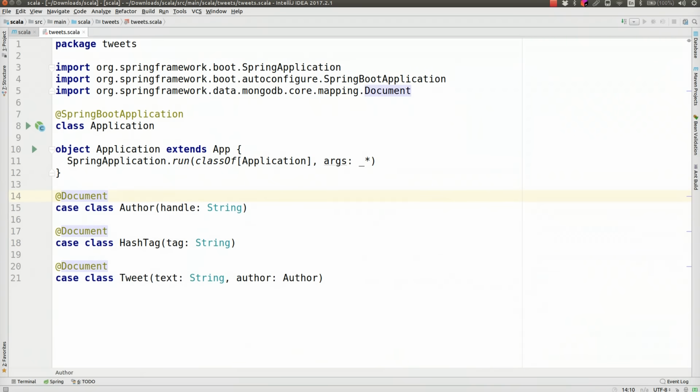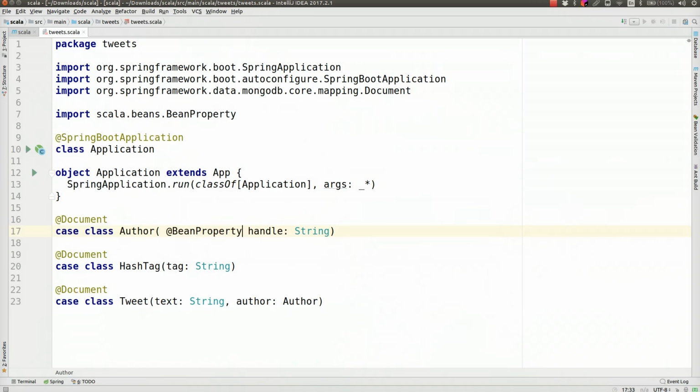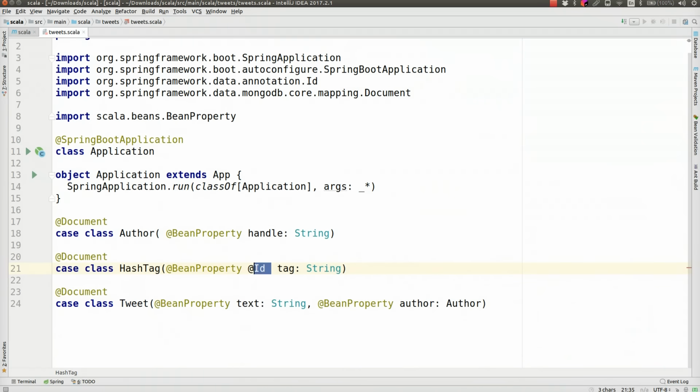Okay, so I'm creating a MongoDB document here. I want to tell Scala to turn these fields, these constructor arguments, into Java Bean properties. So I'll say @BeanProperty, right? So @BeanProperty. There we are. And then finally, I want to tell it to turn these individual things here into Spring Data document IDs. So @Id, and we'll do the same. Right? Actually, that's fine. We can just leave those as they are, and we can do the same here, right? Now, this tweet